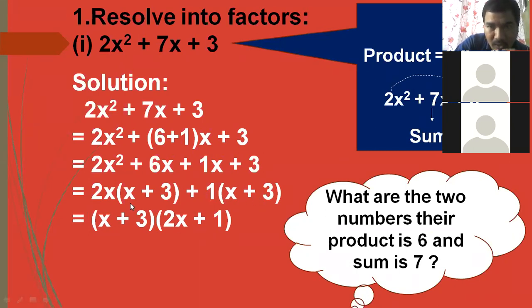And look here, how do we know our factorization is correct or not? Look, in the first bracket this is x plus 3, and in the second bracket the remaining is also x plus 3. Are both remainings the same or not? Yes, they are the same. They must be the same. If they are the same, then our factorization is correct. x plus 3 is common. Now we put the remaining one, 2x plus 1, in one bracket. These are the two factors of this question, okay, children?